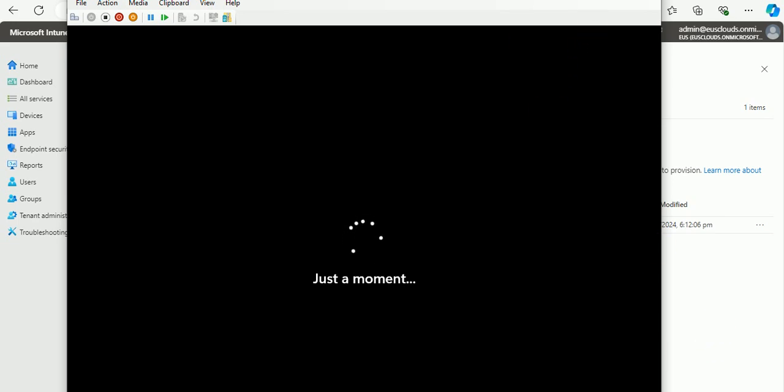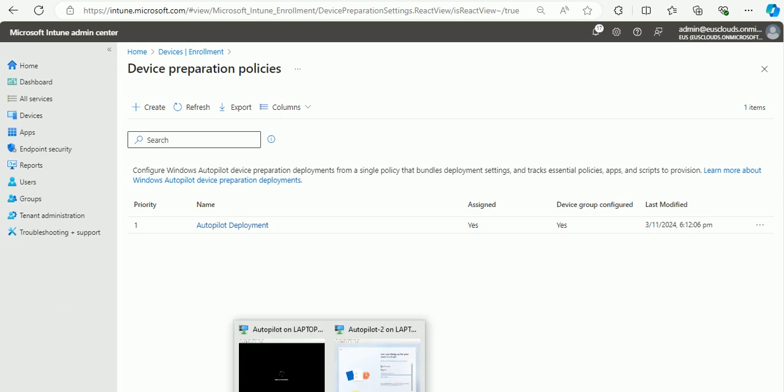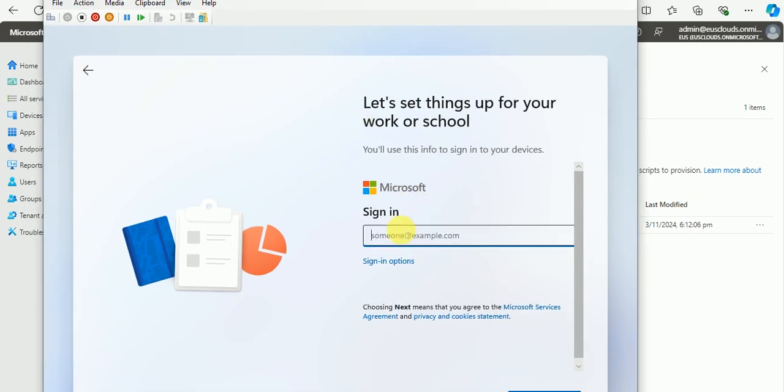Okay, so it's taking a little bit of time. I think I have some problem with that device. Let me go to another device here. Okay, so I've taken the other device and now here it's asking for the account. So it's an admin. Let me put in admin at the rate us